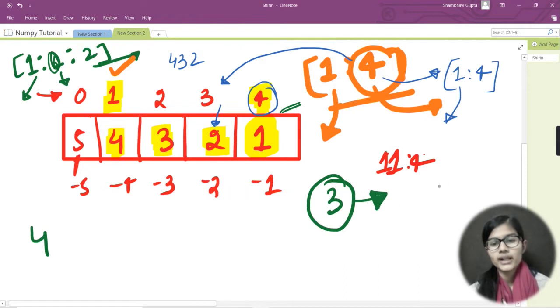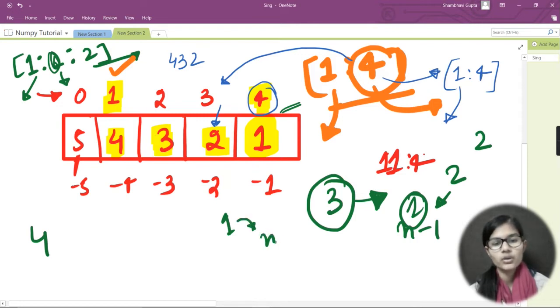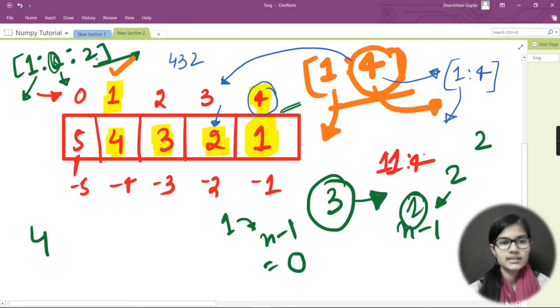So the step is of the format n minus 1. If I am writing 2, it will skip 2 minus 1, that is 1. It will skip one step. If I am writing 1, then it will not skip any number, because 1 minus 1 is 0, and 0 means not to follow any step. Here I have written 2, so it would be skipping one number only. It is the format of n minus 1, and that is why I got the output as 4